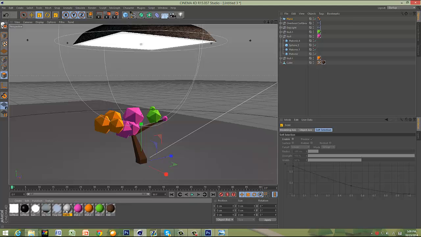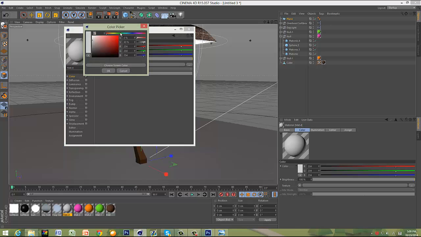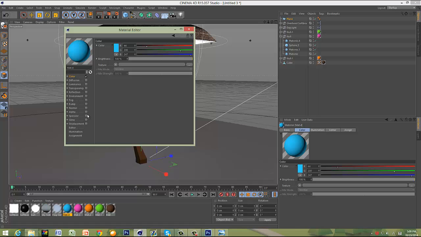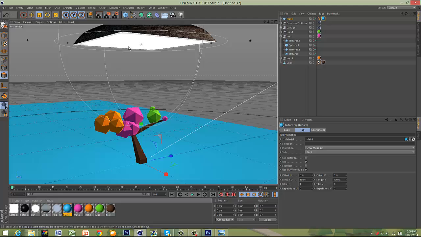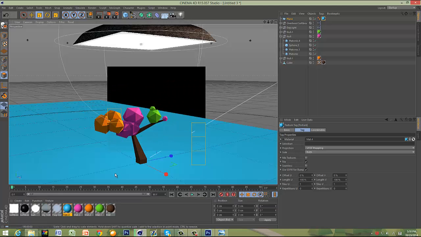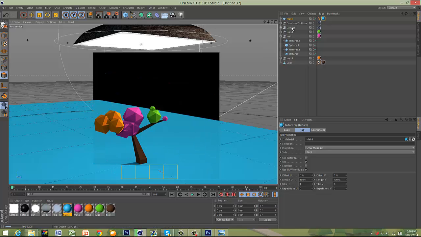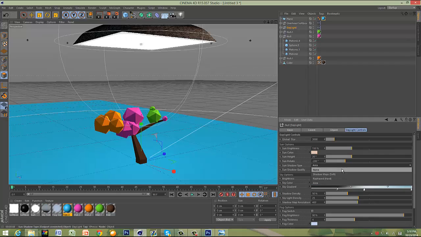Now that's going to be big enough, but with this material you're going to want a material like bluish, like this one. You guys can have specular for this one, and you just want to drag it on, and there you go, you have a shadow on the floor to make it look better. The shadows are nice, and you want to make shadow quality good. Let's make it soft,